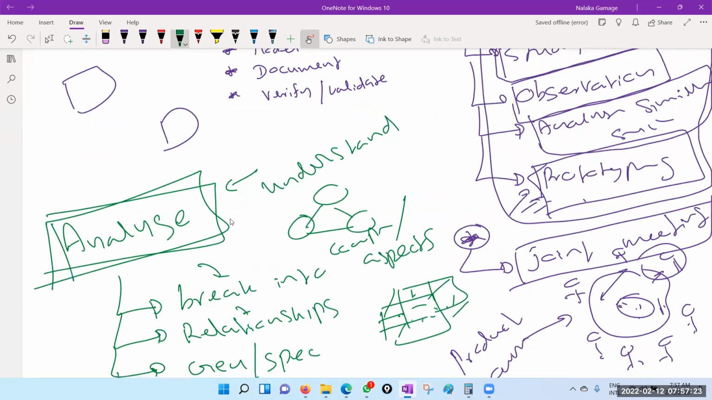So that is what any other analyst is also doing, not only software related analysts. Right? If you take someone like a cricket analyst,